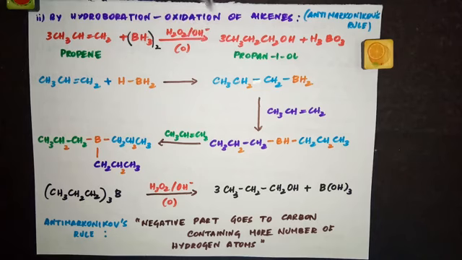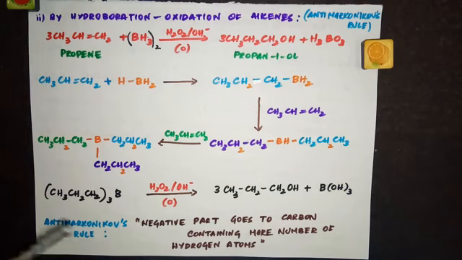So depending upon the reagents used, the product changes. So when they ask you to predict the product, make sure you're writing the proper product by looking at the reagents. If H plus and H2O is given, your product would be propan-2-ol because it follows Markovnikov's rule. When you are given BH3 twice, which is diborane, and hydrogen peroxide, you end up with propan-1-ol because this hydroboration oxidation of alkenes follows anti-Markovnikov's rule.